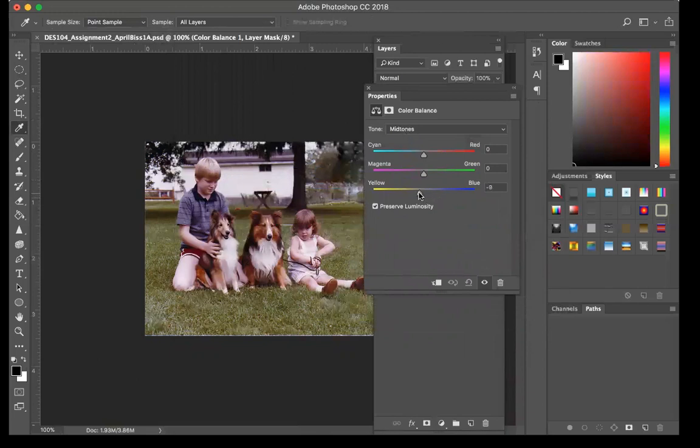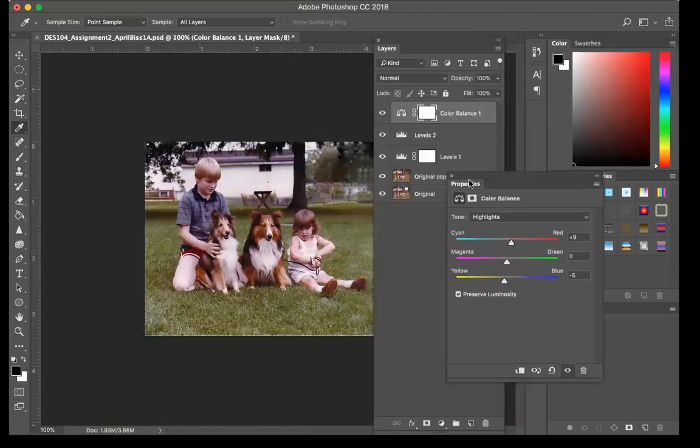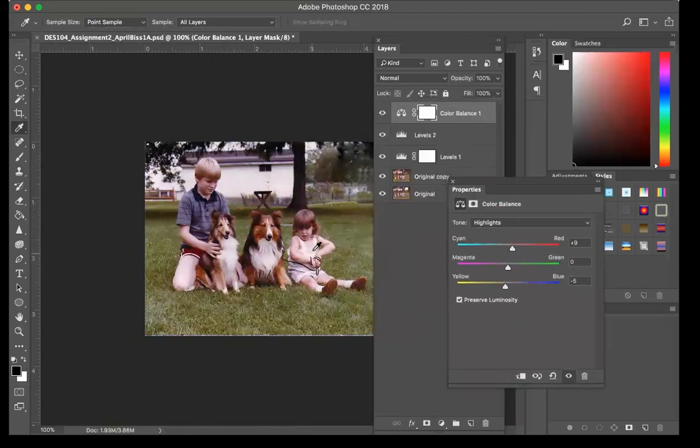So I'm going to put more yellow in to take more blue out. Same thing up here, a little bit more red in, but that kind of doesn't look too good, so I'm going to pull a little bit to the left. Highlights, that's where you want to change it because that's where I pulled it from. So if you want to go more in the yellows and more in the reds with that, that probably will look a lot better. Same thing with, you know, the skin tone,